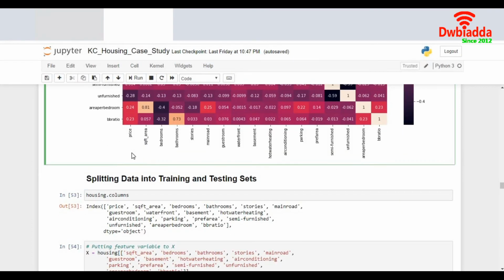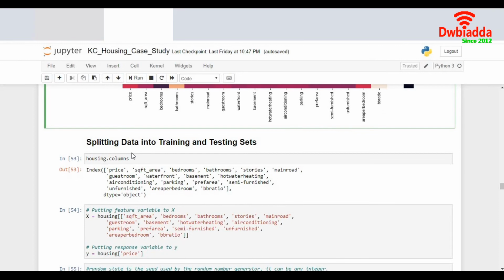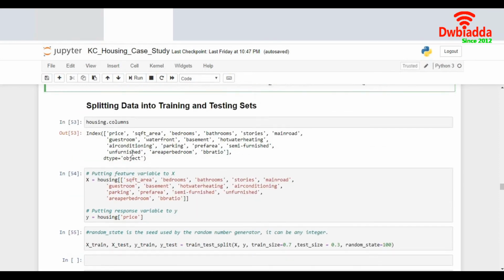The second topic that we will cover is splitting of data into training and test sets. For any given data, it's always a healthy practice to split the same data set into a set of training and a set of testing data. The training data set is the one on which we will build and train our model, and the testing data set is the one on which we will test the model we have built to find out the accuracy of our prediction. To do that, we have a nice method again in Python.